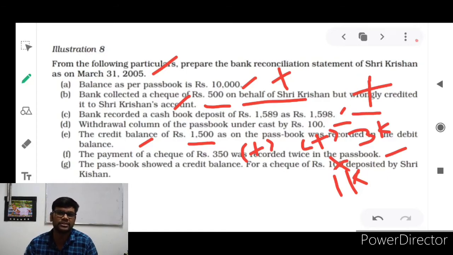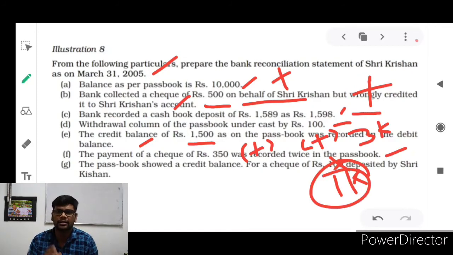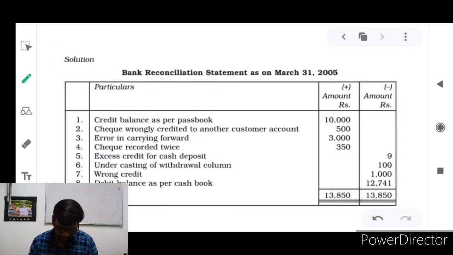But there is no information related to this deposit. If you deposited 1000 rupees in your bank account, immediately it would be written in the cash book. But in the cash book, no information is related to this 1000 rupees. In this sense, you failed to deposit, but the banker wrongly credited 1000 rupees in your bank account. So this should be deducted. It is wrongly credited by the banker, 1000 rupees in your bank account. So now you know very clearly.